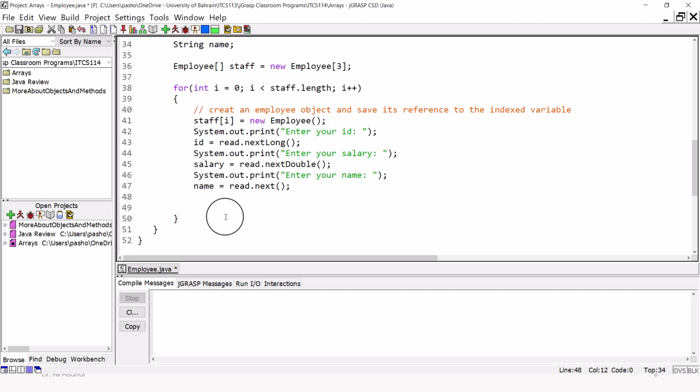So how to save that into the object? First, we have to reference the object. Notice that the index variable is the object. So we say staff index I dot, and now we call the method that will set these three data members inside the class with the input taken from the user. So we'll say set employee, and we will supply the input parameters ID, salary, and name,